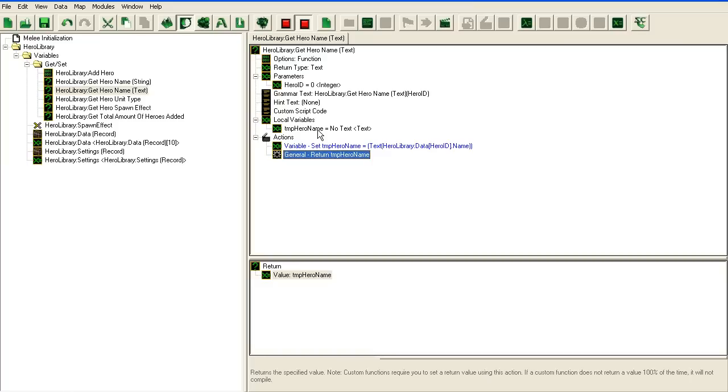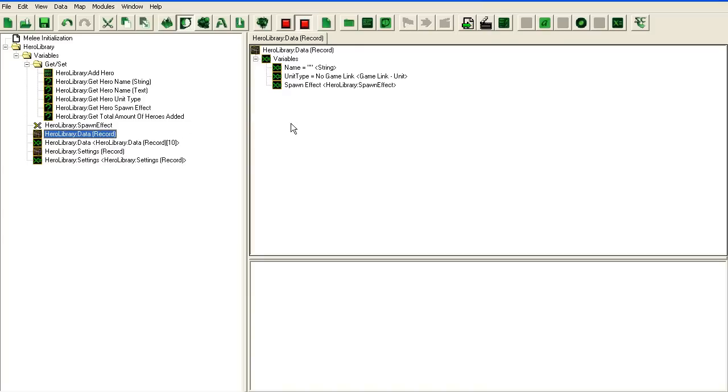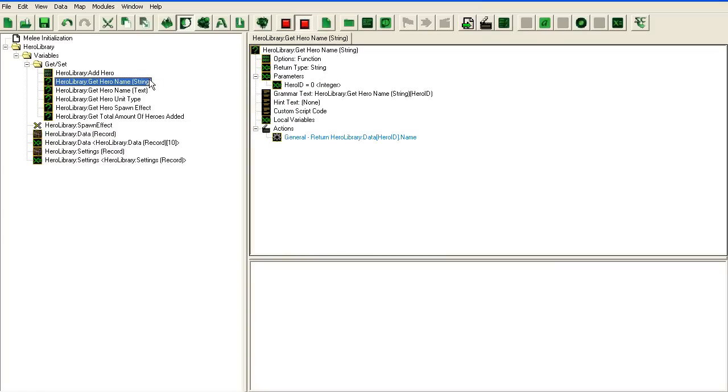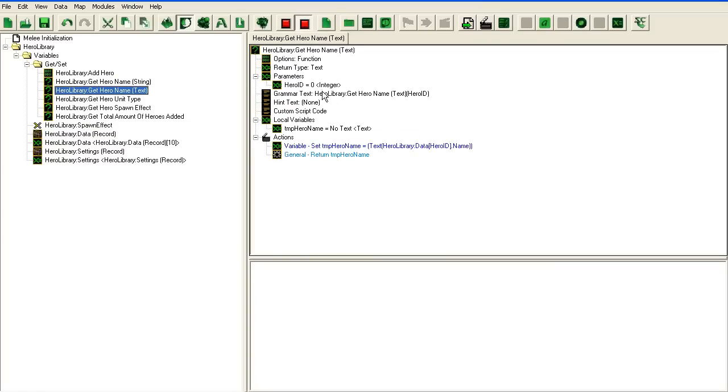Alright, so let's imagine that we wrote this function, and then we use this function for our UI to get the hero name as a text, because everything that goes in a UI has to be a text, or all the text that appears in the UI. You can't put strings there. So imagine me using this function, and suddenly later on we decide that we want color on our hero names. One thing we could do would be to go back and change all our hero names and add color to them, hard-code it into the name. However, that would be a problem, because then we would have to go in here. We would have to, possibly if you were using this function here in many different systems,